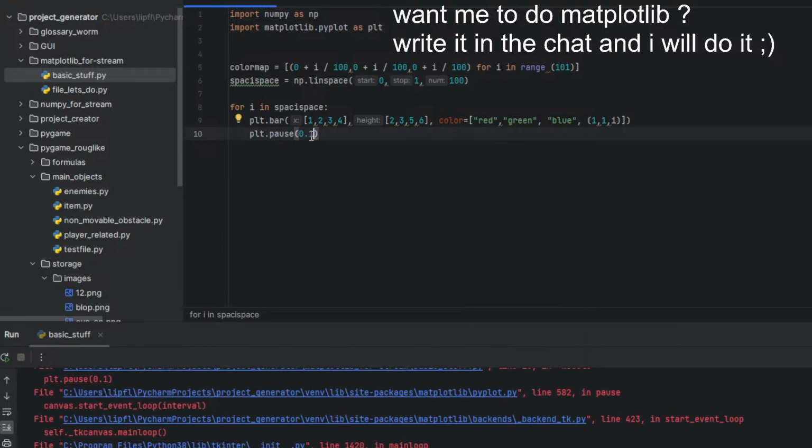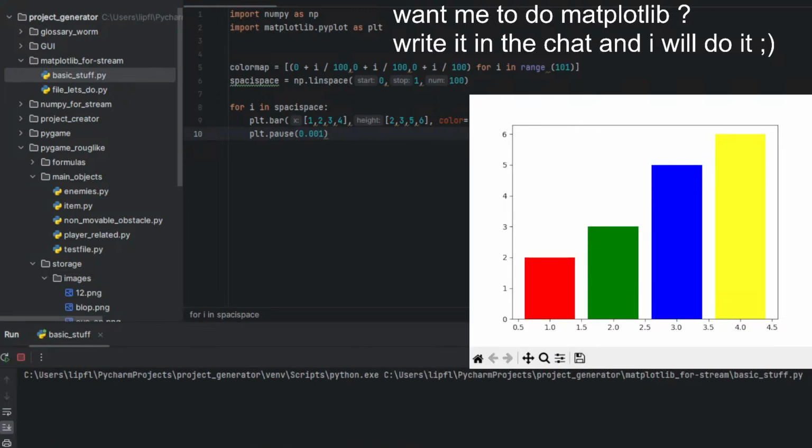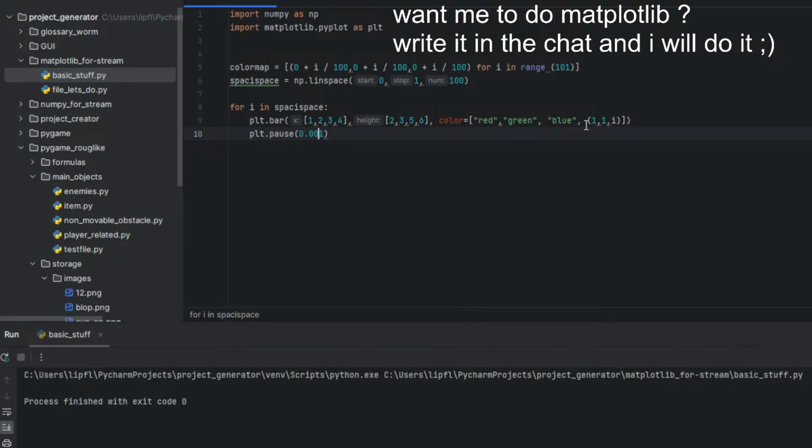Let's try it even faster like this. I do it like this. This is pretty fun.